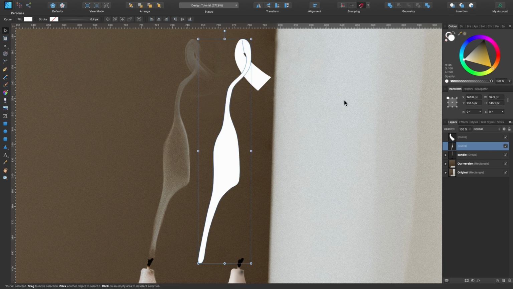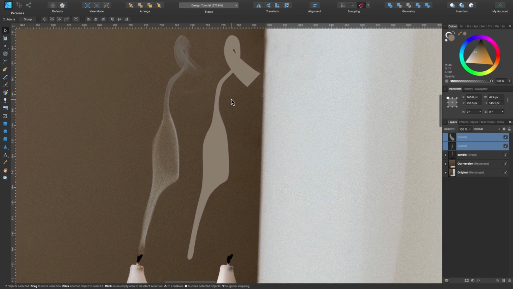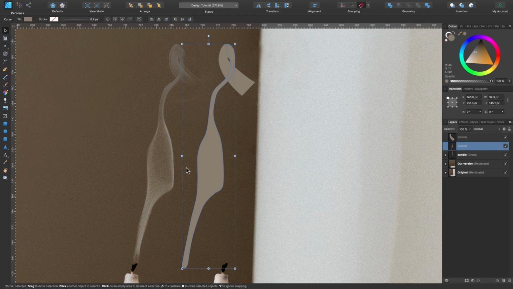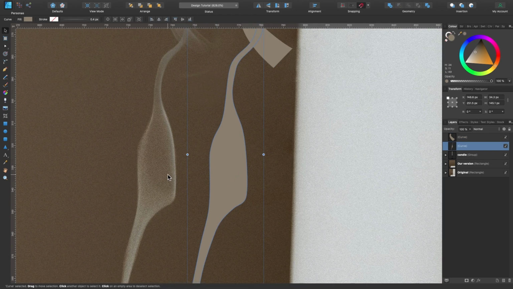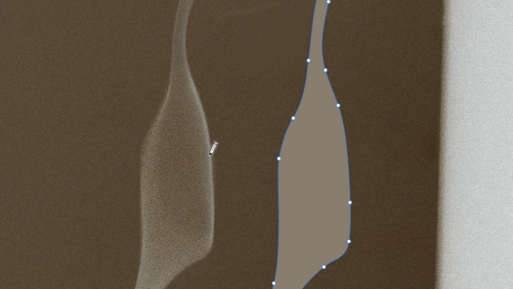So I'm just going to up the opacity again. I'll select both of them. I'm going to grab the color picker tool, and go to the lightest point on the smoke photo. I'm going to click on that, so we've got that color there. And now I'm going to concentrate on the darker areas. For the dark areas, I'm probably just going to draw out with the pencil tool around like that.